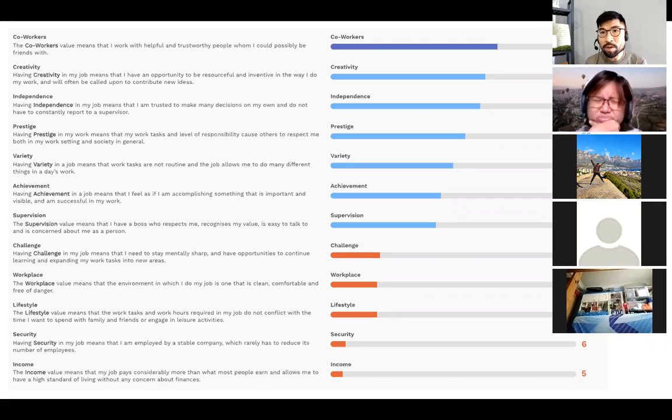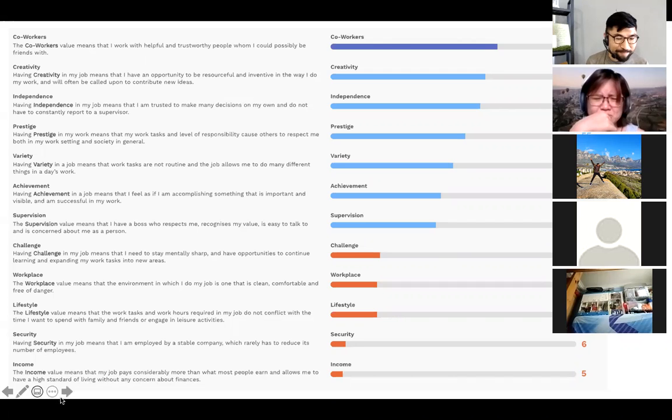That kind of role would not be suitable for a person with my profile because I need to speak to people. I need to build relationships. I need to be creative to change some of the things around, right? So knowing that allows me to see, hey, although it's the same job that I may be applying for or a role that I secured for myself, it may not be a good fit based on my values. Okay, so remember there are three things: interest, what you like to do; skills, what you're confident in doing; and values, what is important to you. Right, and all these three can be done from the My Skills Future portal.